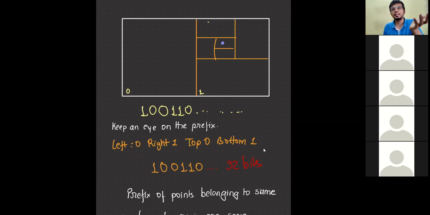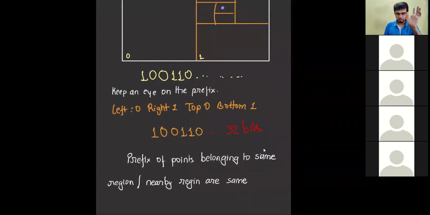Let's say our integer size is 32, so we can go till 32 splits like this, and then we can narrowly pinpoint a particular point. At 32, it's per square millimeter or something, which is an extremely small space you can denote using a 32-bit integer representation of it. So this is what the idea is.